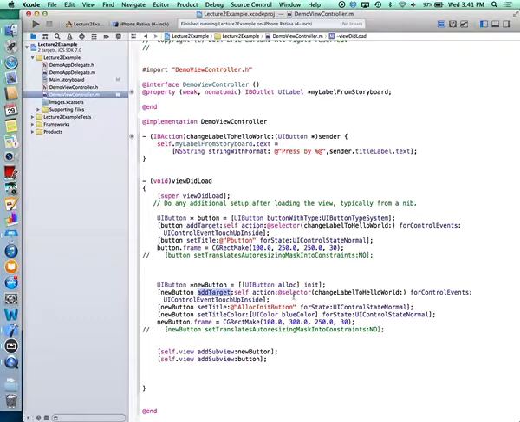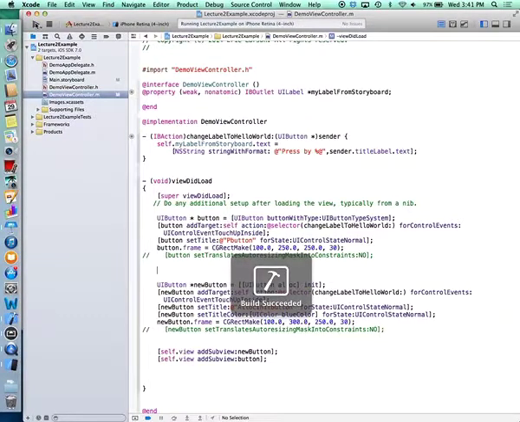I can still set up the target and the action. I can set the title, but the one thing that I didn't do last time that I needed to do was to set the title color, because the default title color is white, right? Which means it's on a white background and you cannot see the button, okay? So I set the title color to a blue color whenever it's in the normal control state. And now if I were to run this, yeah, 4-inch, sure. So if I were to run this on the emulator,